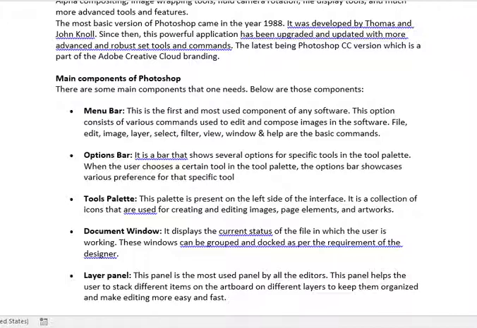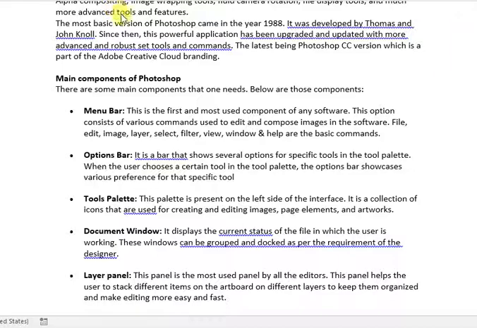Menu bar is displayed at the topmost of the Photoshop window, that is blue in color in most of the applications.